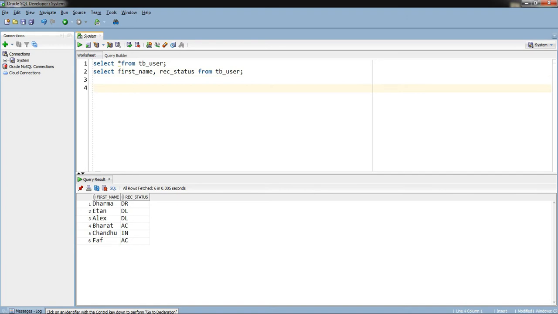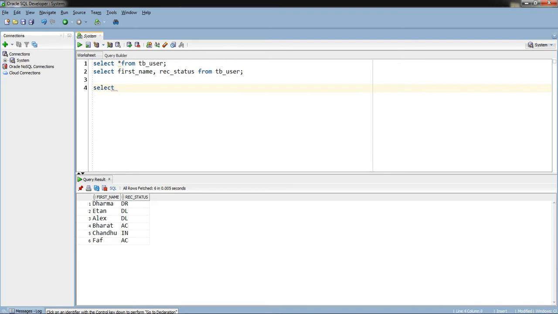Right now, I will write the syntax, and I don't want to return all the individual statuses. For example, if it is DL, I want it written as deleted. If it is the active AC status, then it is active. But for DR and IN, I don't want to return two different statuses like draft and inactive. In either case, I will return inactive only. So that also we can achieve with the decode function. So I will try to write that code.